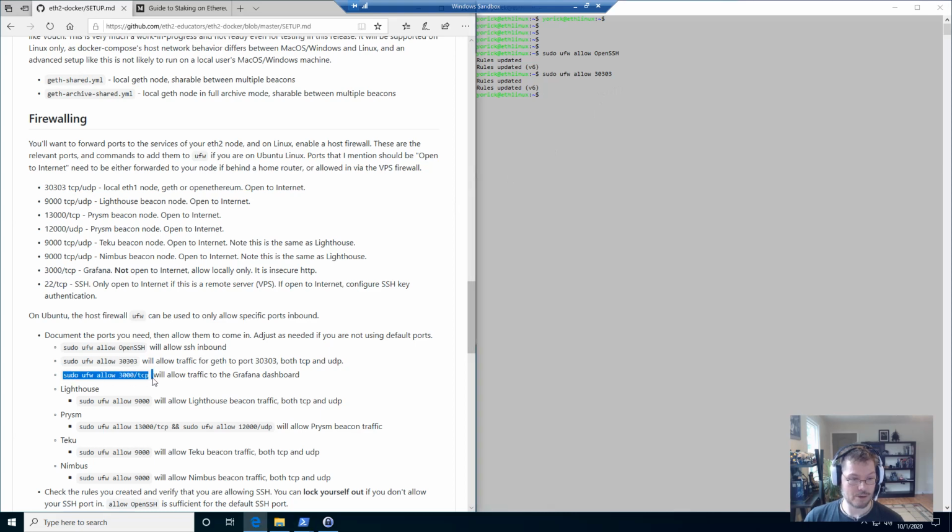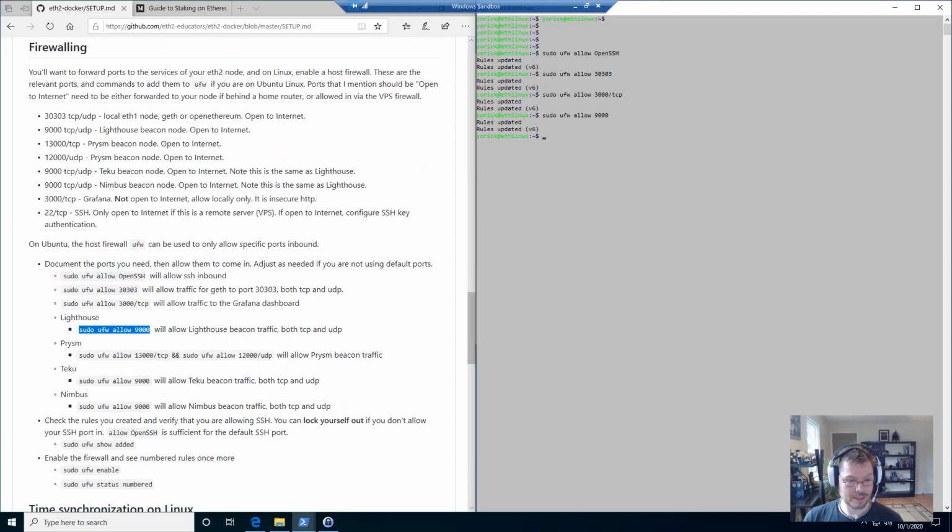I'm going to allow 3000 TCP for the Grafana dashboard. Again, please do not forward that to internet. And then I'm going to allow 9000 for Lighthouse. Okay. Now I want to look at that and just see what does that look like, right, before I enable